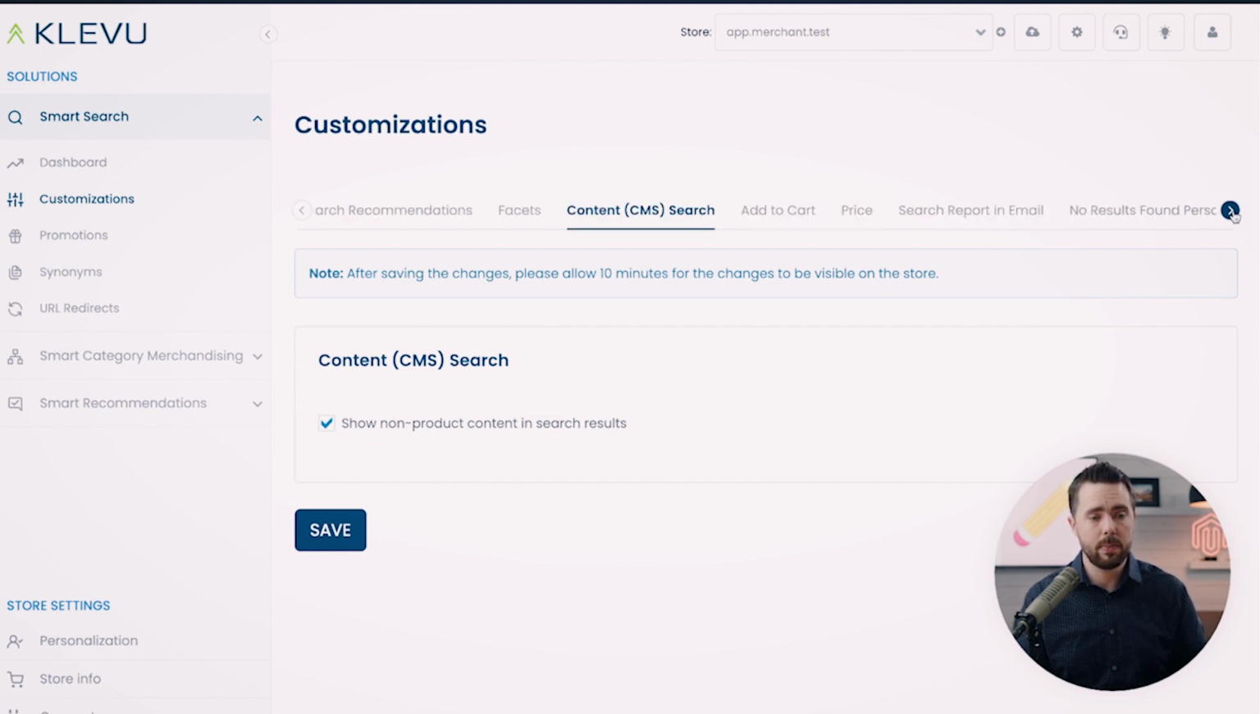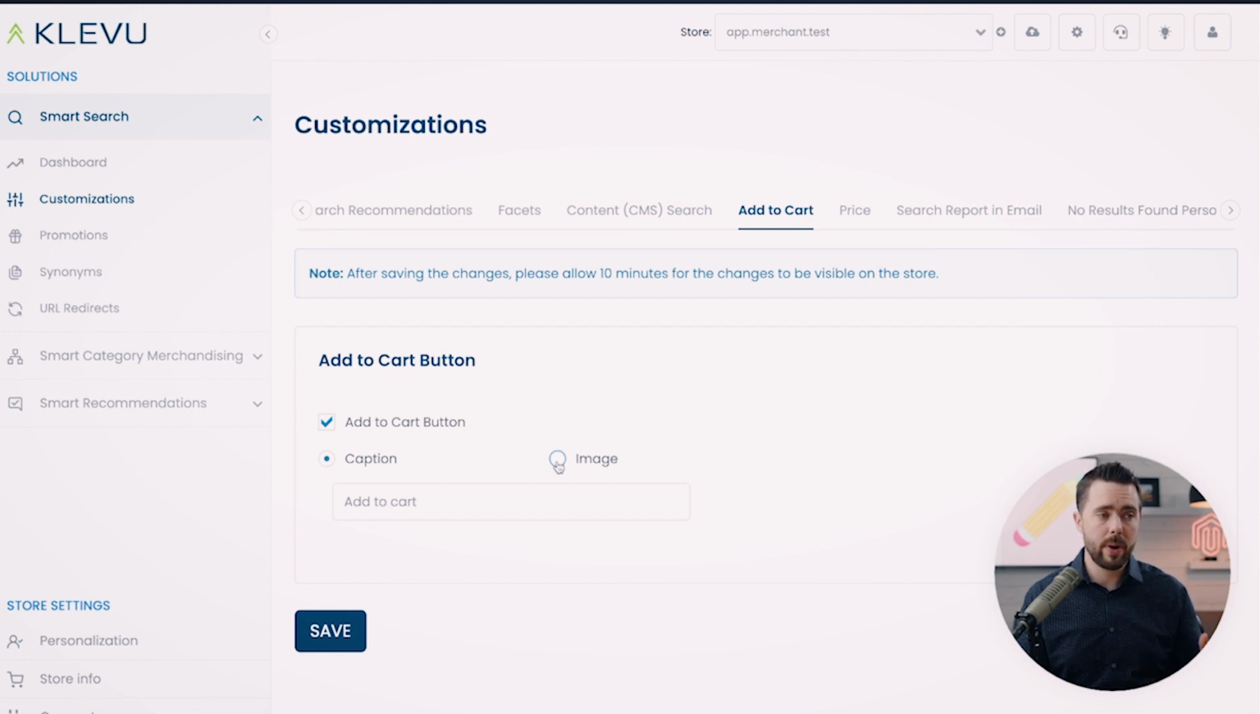And I would highly recommend putting that on the page. Add to cart. Do you want to include an add to cart button? Yes or no? What would help you influence this decision? Well, if your